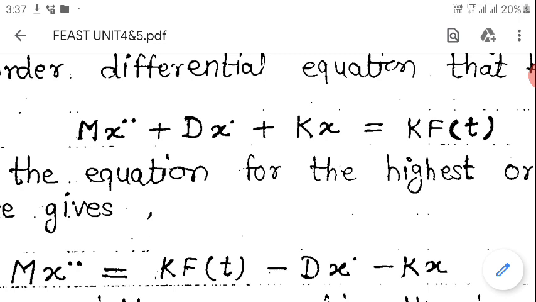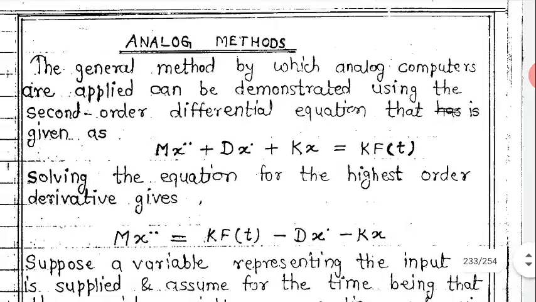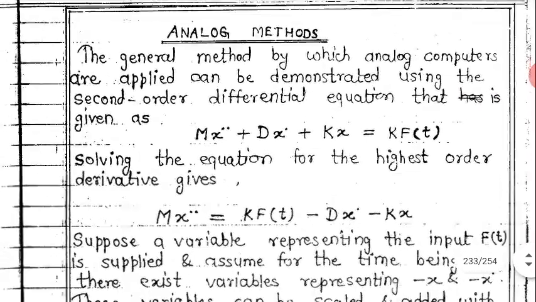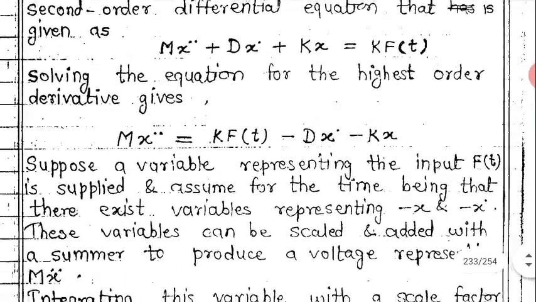Here we can see m into d2x by dt square plus D into dx by dt plus k into x is equal to k into f of t. Like this we can see this equation, and here we are having the highest order of